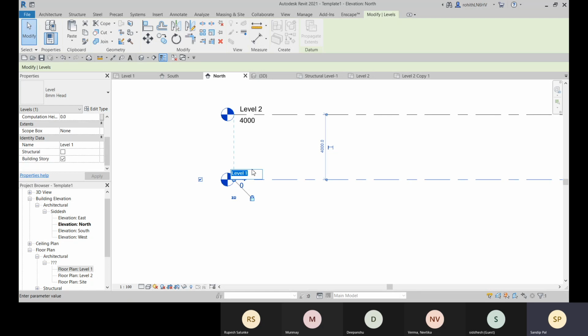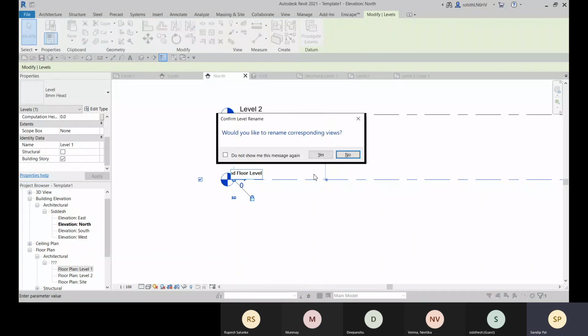So how do you name your levels? First give the numeric value like 0 point or 0, then space, or you can give a point and then space, and then give the name like ground floor level and press enter.